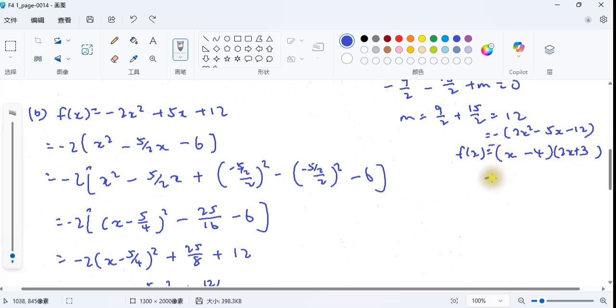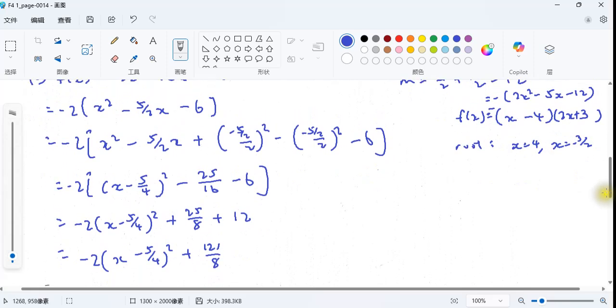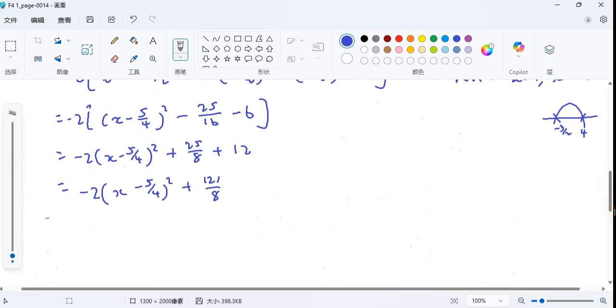So the roots are x equals 4 and x equals negative 3 over 2. Okay, so the shape is something like this, and this is negative 3 over 2 and this is 4. And for this one, the axis of symmetry is x equals 5 over 4,